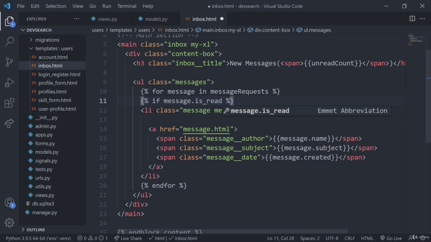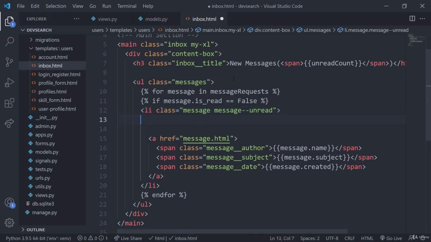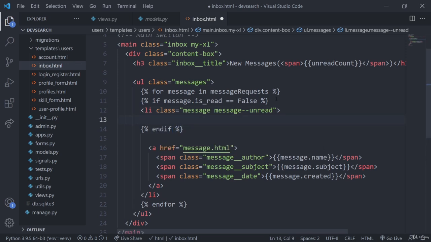So if somebody read that message, or if is_read is equal to false actually. So we'll just do it this way. So if they haven't read the message, then we want to output this li tag. So it'll be unread like that. So that class bolds the message. Now I'll just add in the end if statement. Let's close this up really quick. So we'll just do end if, and then we also want an else statement. So we'll just do else,